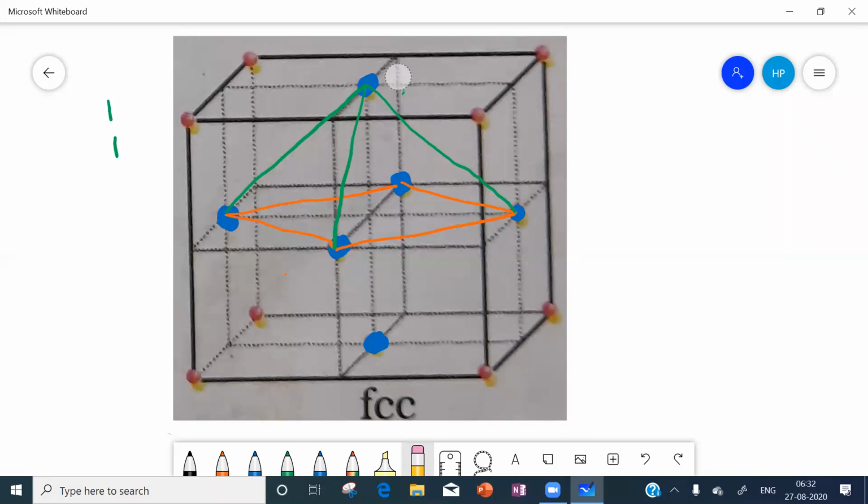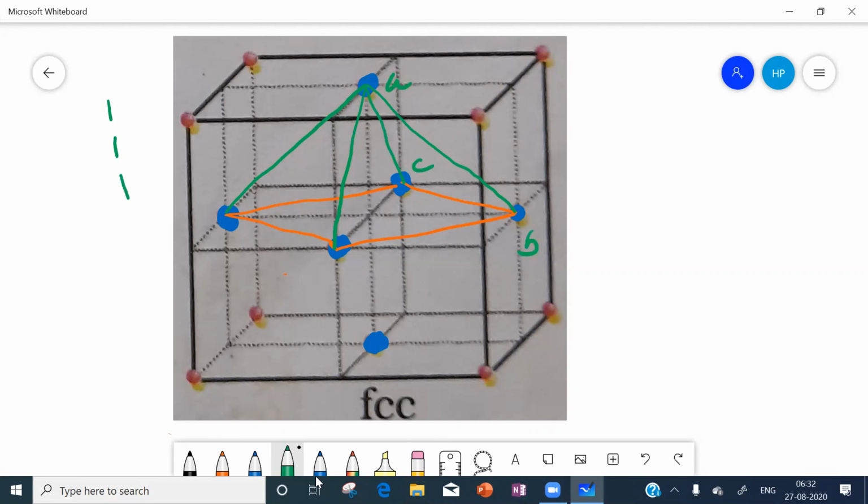Next we will join these two. Now we will see face center A, face center B, face center C. From the center of A to the center of B to the center of C and back to A. Is it a triangle? That is one triangle.